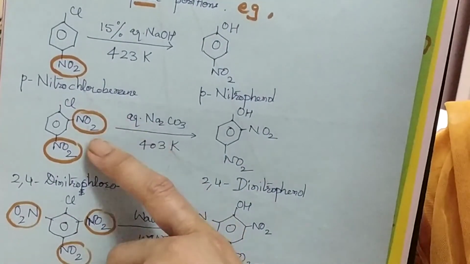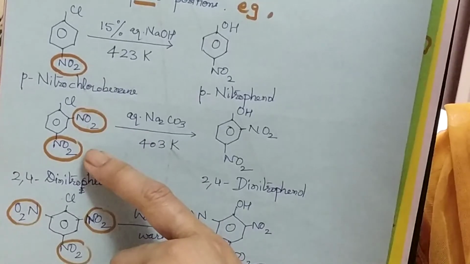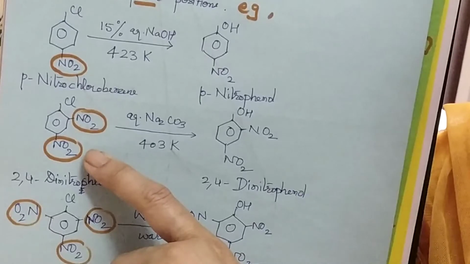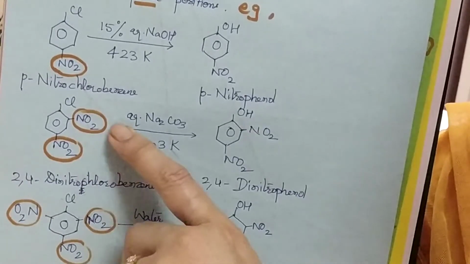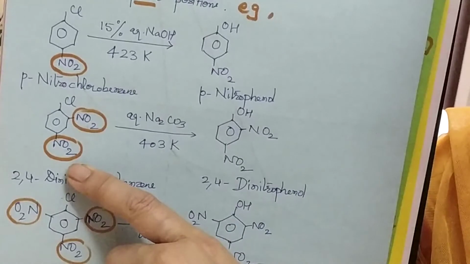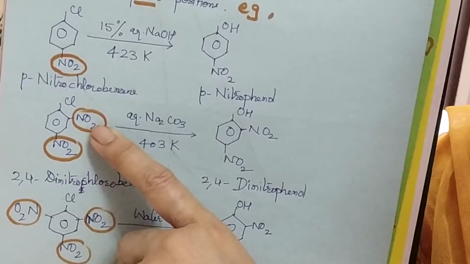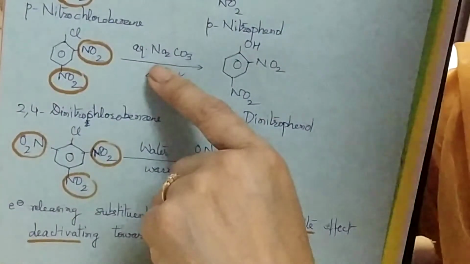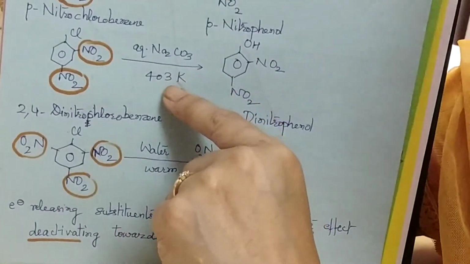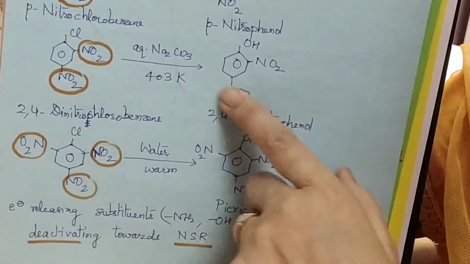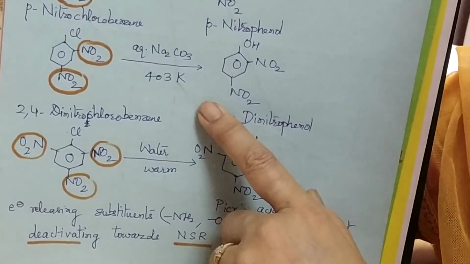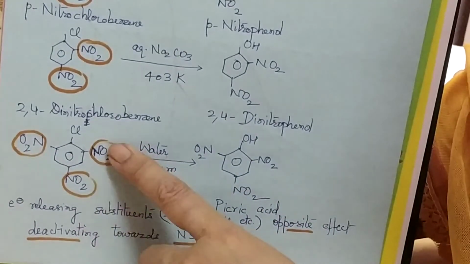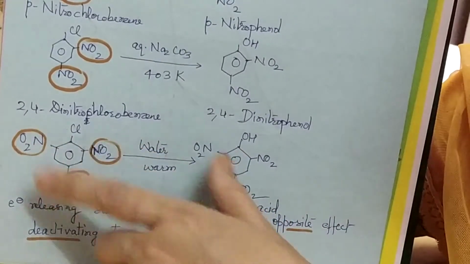Another illustration in this regard: if I increase the number of electron withdrawing substituents, then the reaction conditions become further easier. Say for example, now I have taken two nitro groups which are present at position number 2 and 4 respectively with respect to chlorine. I now have to use only aqueous sodium carbonate at only 403 Kelvin, and I'll be obtaining the substituted product. Similarly, if I use this molecule in which 3 nitro groups are present at 2, 4 and 6 positions,